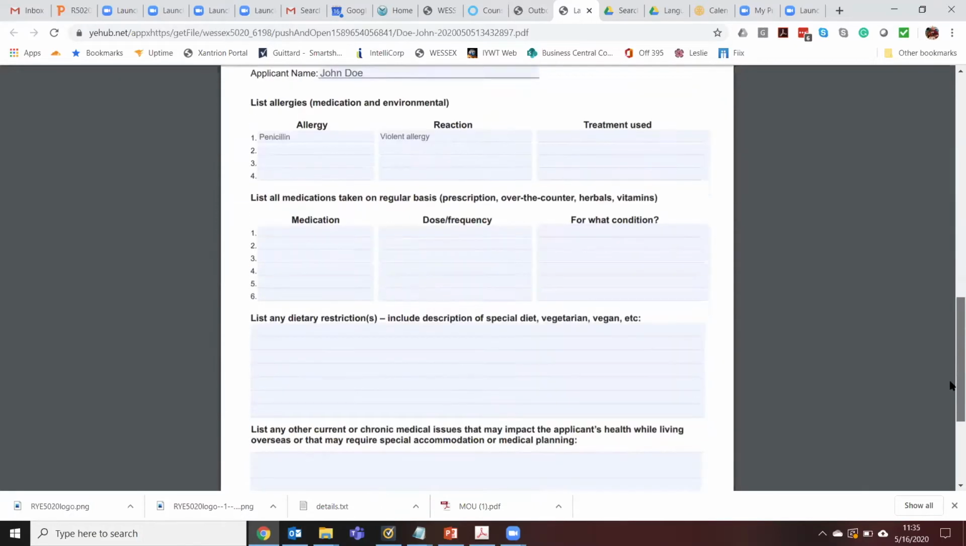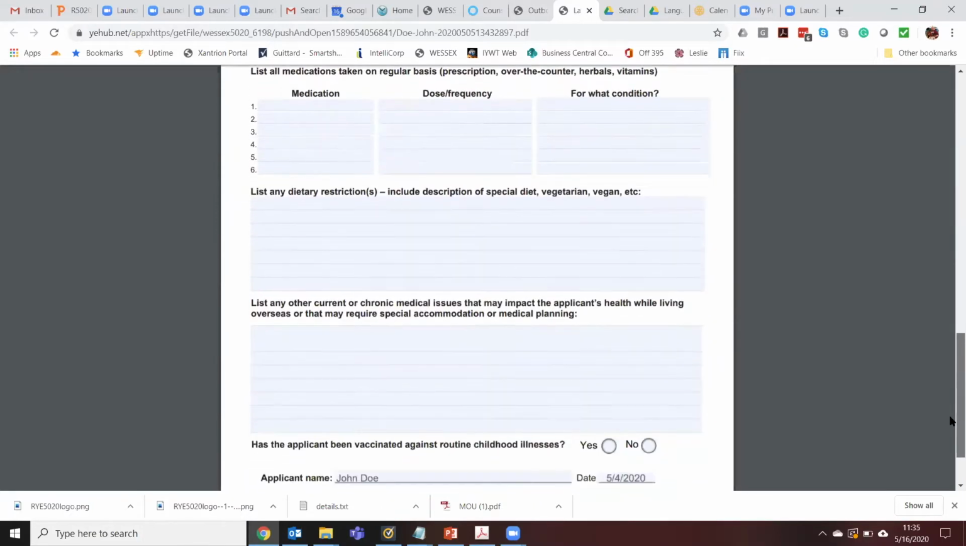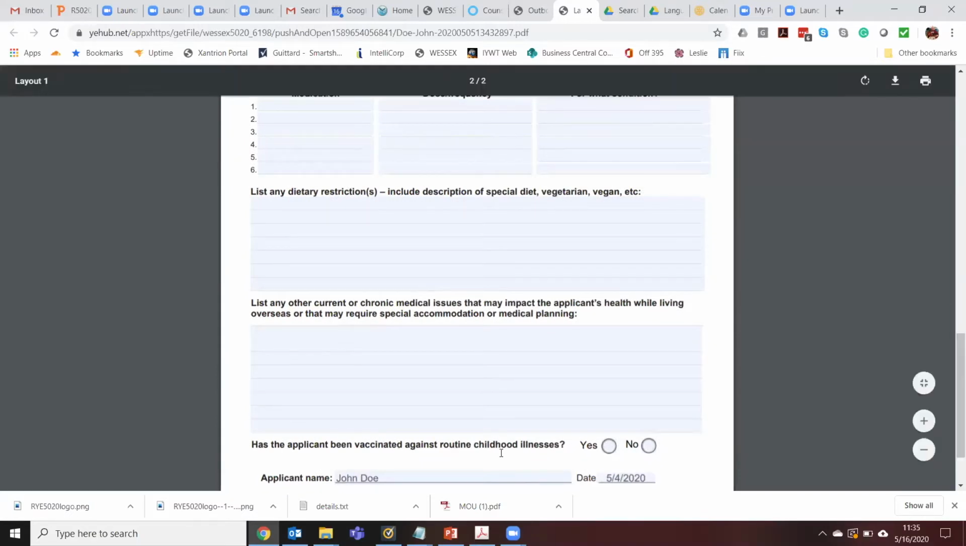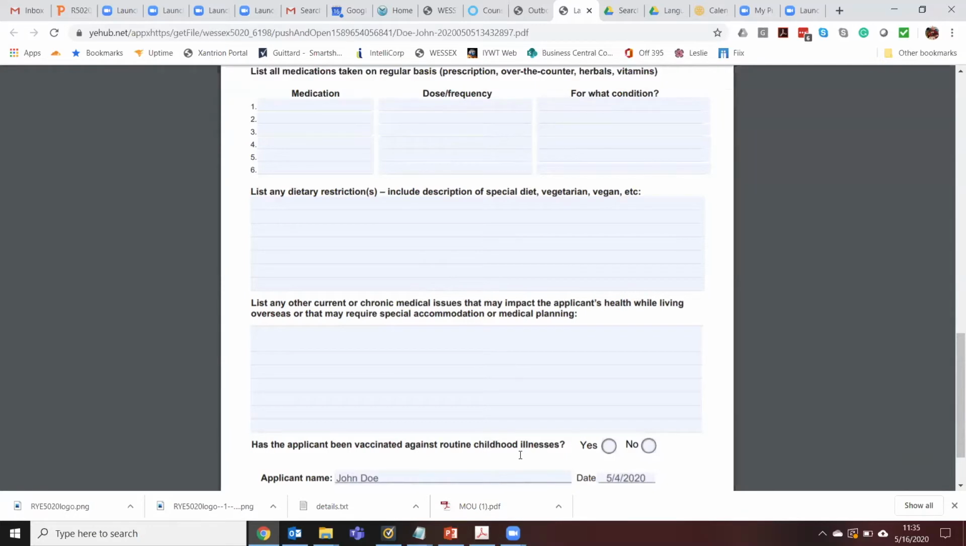Down here at the bottom: has the applicant been vaccinated against routine childhood illnesses? If they haven't checked that box, they're not going on exchange. There are no exceptions. Students have to be vaccinated against all appropriate childhood illnesses, or we won't send them on